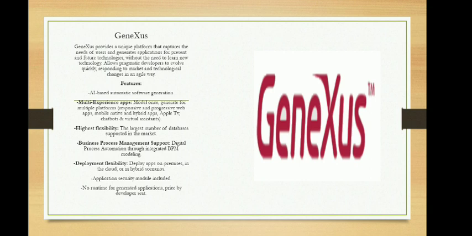Genesis provides a unique platform that captures the needs of users and generates applications for present and future technologies without the need to learn new technology. It allows pragmatic developers to evolve quickly, responding to market and technological changes in an agile way. Features: AI-based automatic software generation, multi-experience apps, models once, generate for multiple platforms, and responsive and progressive web apps,